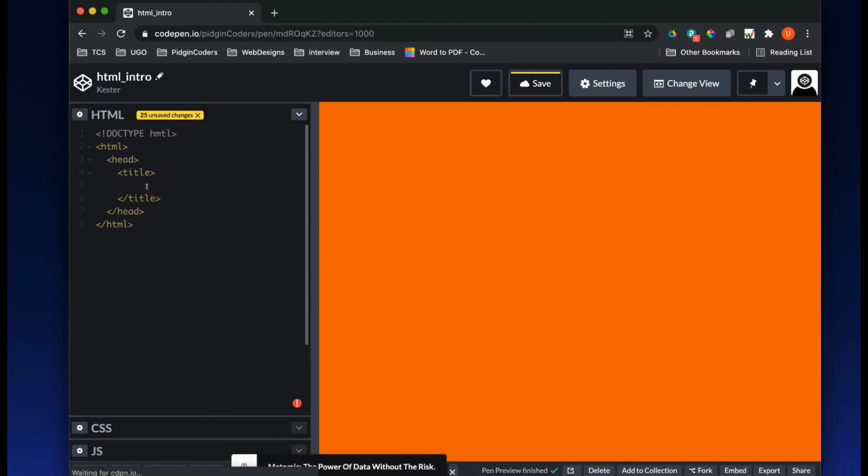Inside this title, if you write just normal text, say, my first HTML syntax. So anytime we run this file in the browser, this title will show on top here. The next thing we want to do is write the side that contains images, colors, and different kinds of things. That is the one they call the body tag.